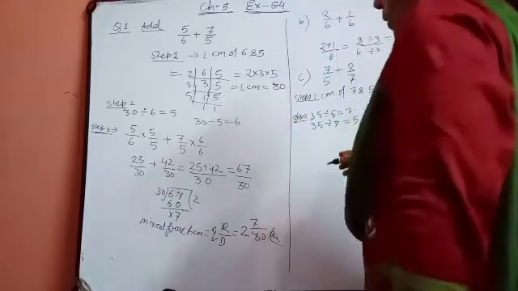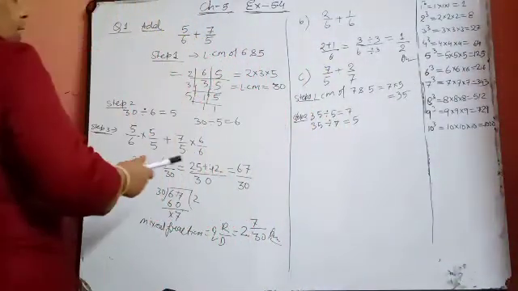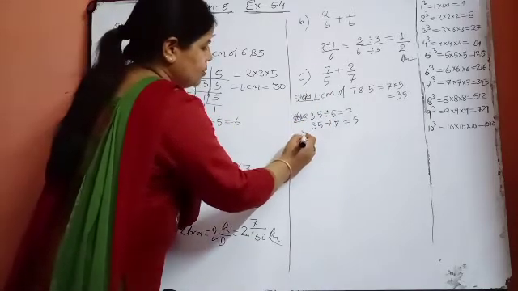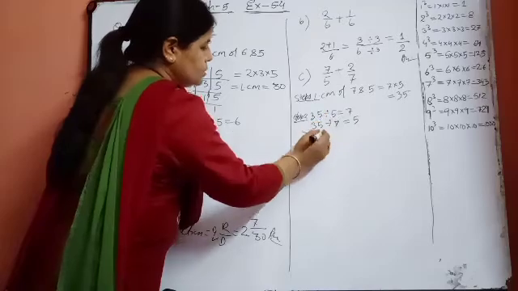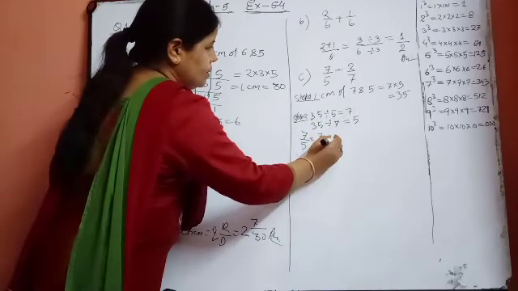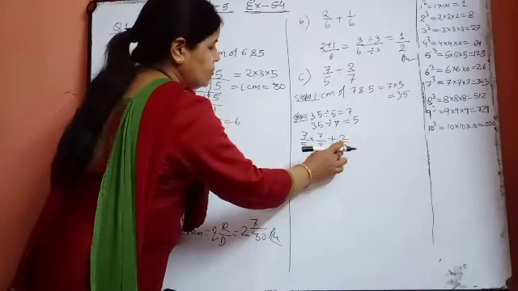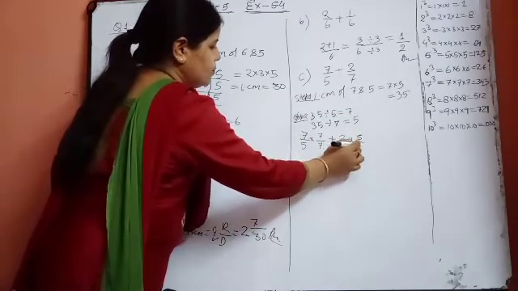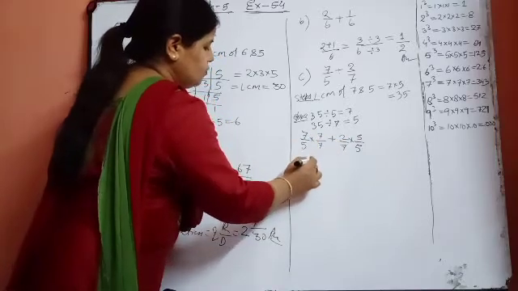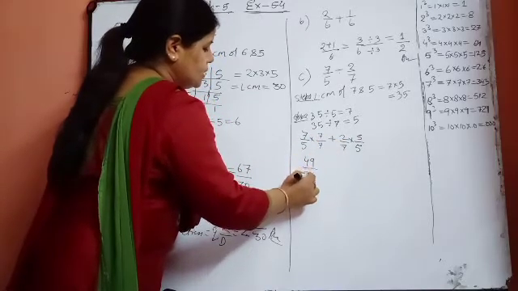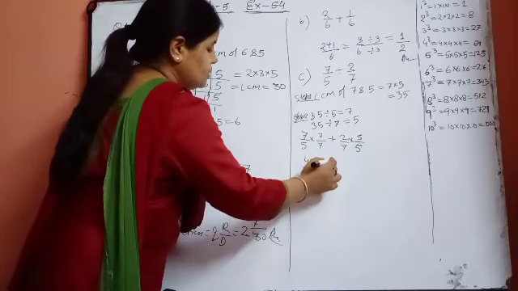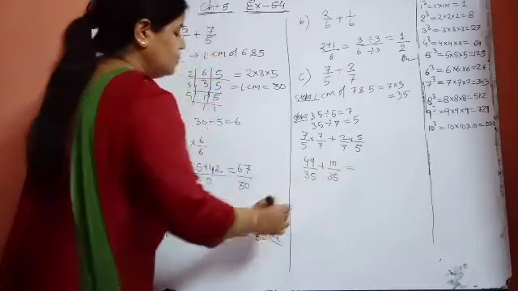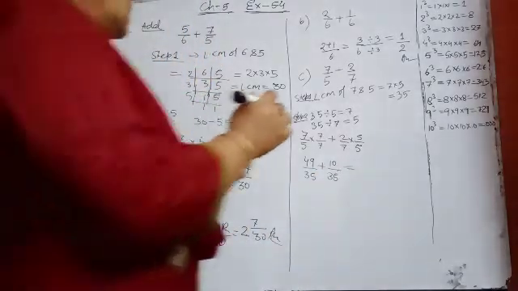Step 2. Now see that when you divided 35 by 5, what did you get? 7. So 7 upon 5 into 7 upon 7 plus 2 upon 7. When divided by this 7, what did you get? 5 into 5 upon 5. 7 sevens are 49 upon 5 sevens are 35, plus 2 fives are 10 upon 35. What will it be? 49 plus 10 upon 35.